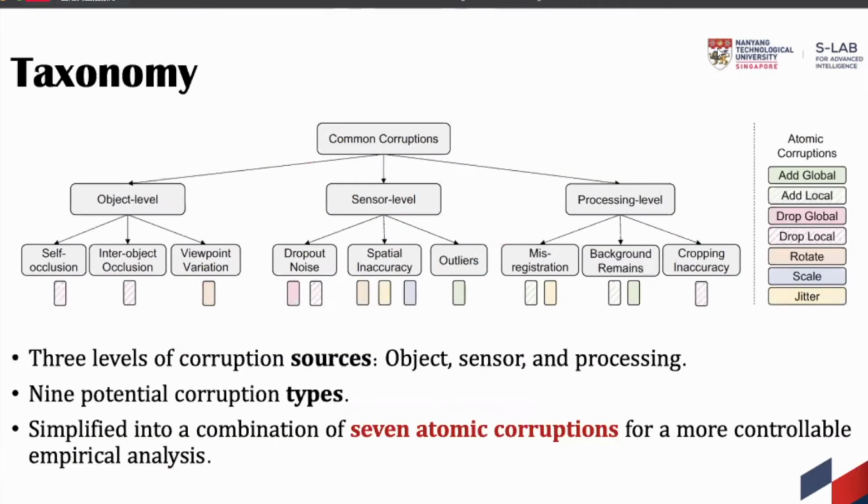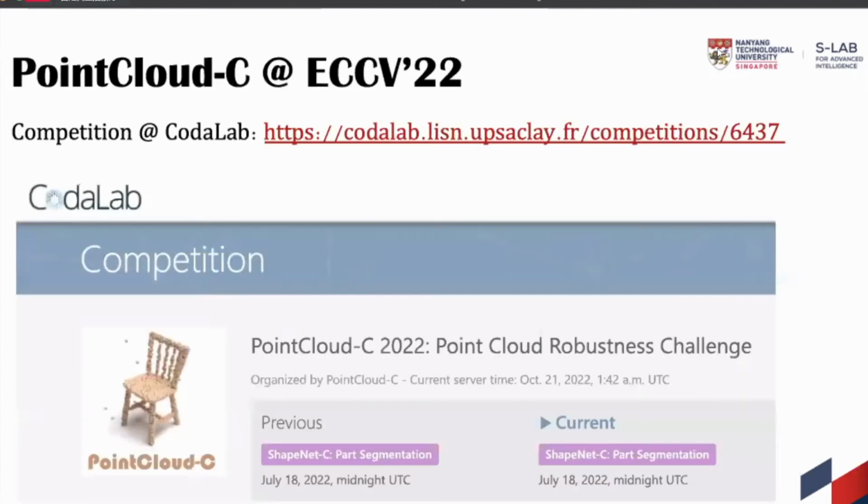And so this is the taxonomy of our PointCloud-C competition. We have 3 levels of corruption sources from the object, sensor, and processing levels, and 9 potential corruption types. It is worth mentioning that during the competition, we combined several corruptions together instead of letting them be independent of each other. So our corruption set for this competition is more challenging. We can see the simplified combination of these 7 atomic corruptions, so we can have a more controllable empirical analysis. This is also the first year we have hosted the competition